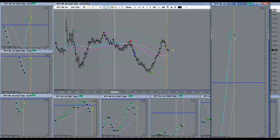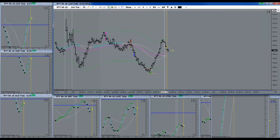So right there you would have gotten out. And if you're looking for a short, would have gotten in here. Okay, so if we're looking for a short, I was saying that there was a nice opportunity right here. We would have gotten it right there for a short. But anyway, looking at this run to the upside,